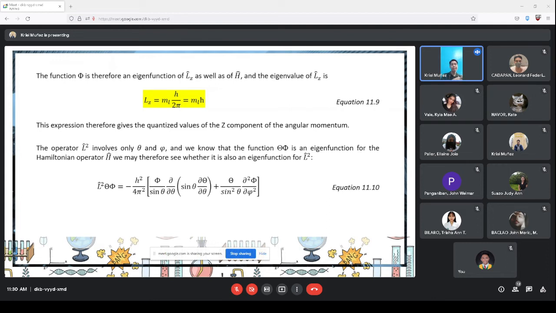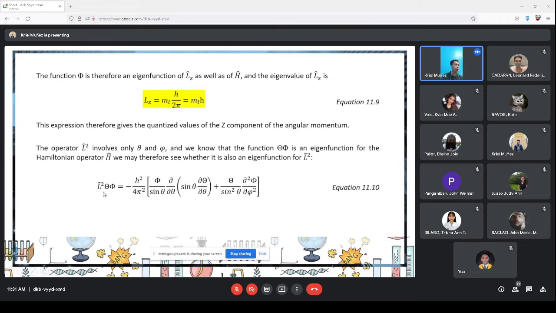the theta equation. And since phi, theta, and the radial equation are all orthogonal with one another, then we know for a fact that combinations of these wave functions are also eigenfunctions of a specific operator, right? So it only means that the wave function of phi multiplied by the wave function of theta is also an eigenfunction of the Hamiltonian operator, right? So we may therefore see whether it is also an eigenfunction of